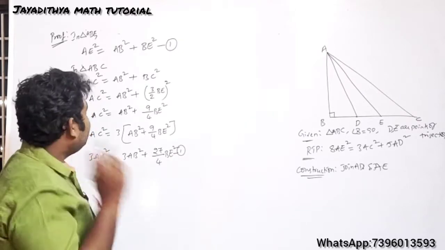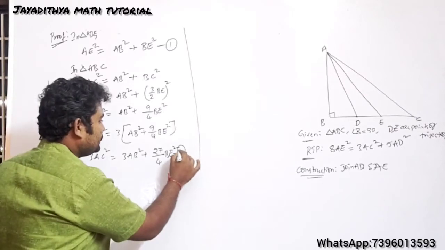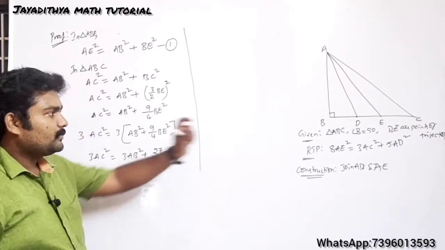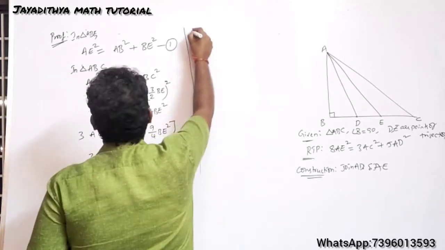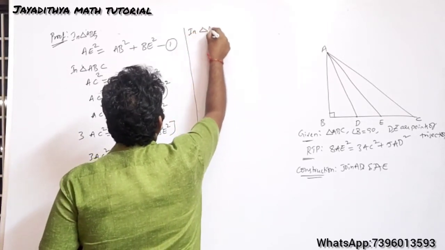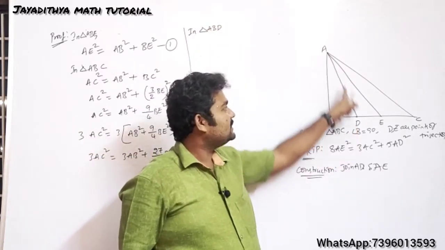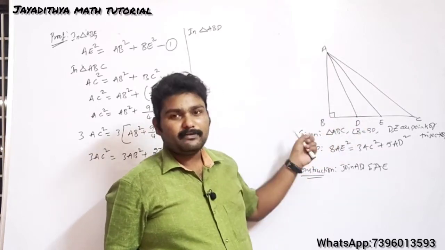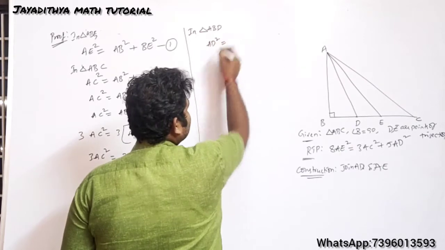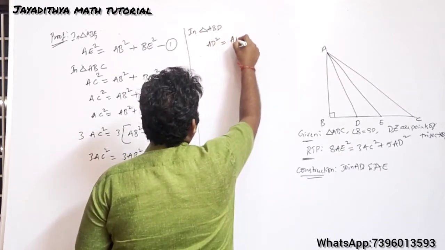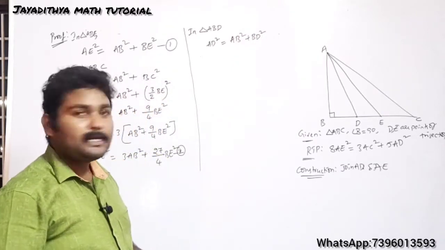Okay now. After this, what you need to do here now? So let us take this as equation 2. In the same way, now I want 5 AD square. For that reason, what I should do here? So which triangle I should take now? In triangle ABD. If I take ABD, I can easily find AD square. After finding AD square, I will find out 5 AD square. What happens here? AD square is equal to how much? This will be AB square plus BD square.